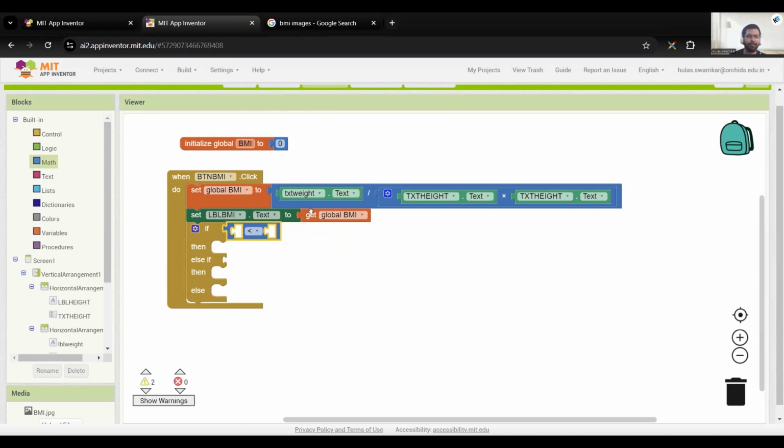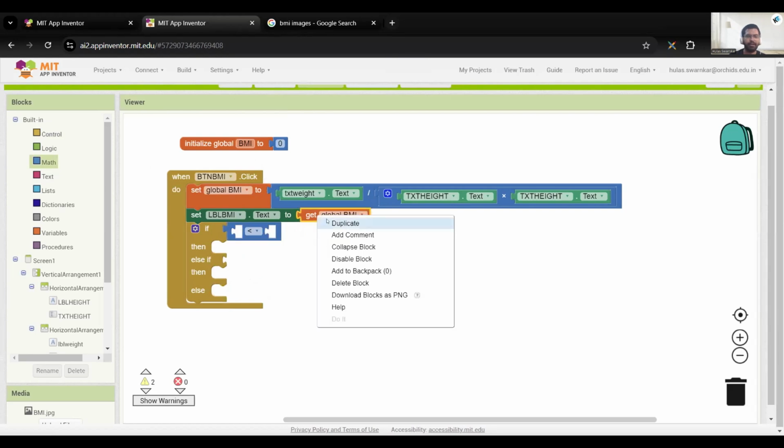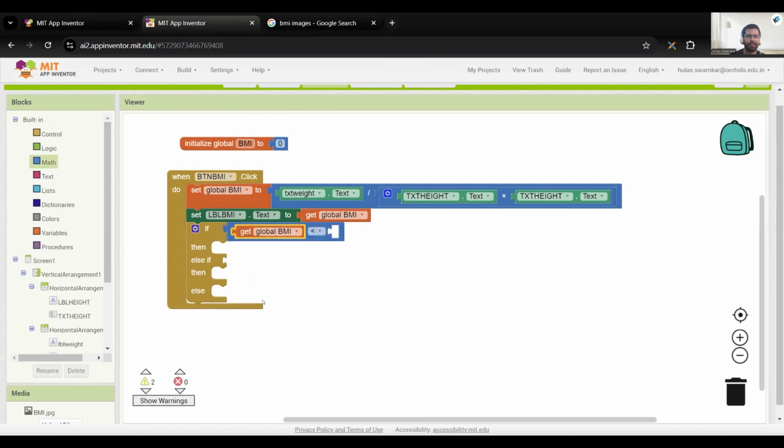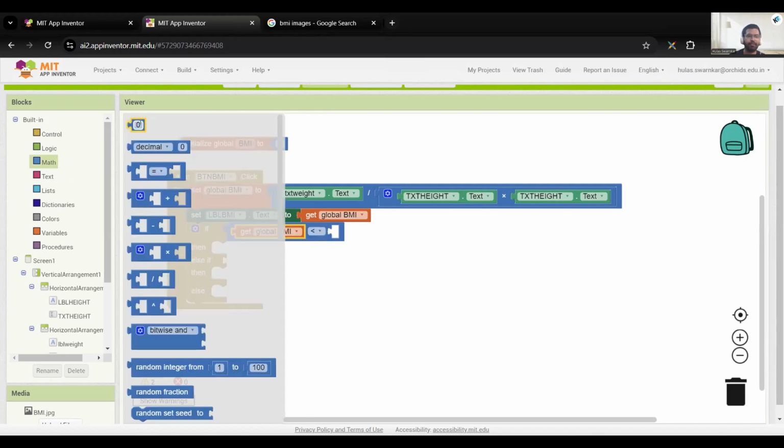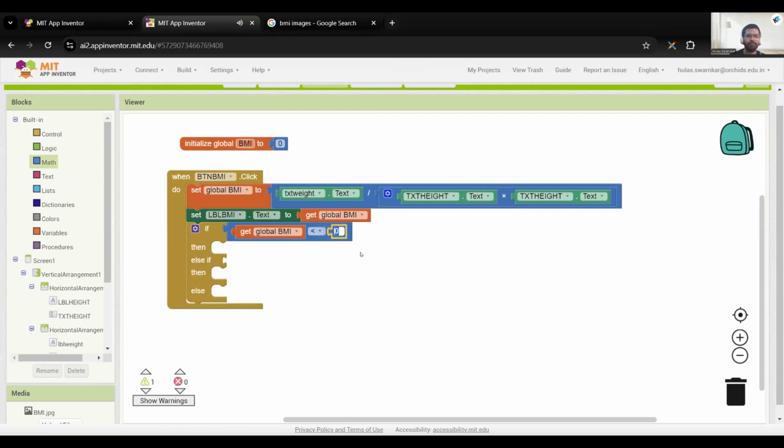Then I will duplicate this get global BMI block by right clicking on it and choosing the duplicate option, and I will attach it here. And now I have to go to the math category again. I have to take a 0, and I have to write here the first range, which is 18.5. So it is saying if the BMI value is below 18.5, so what will happen? What do you want to